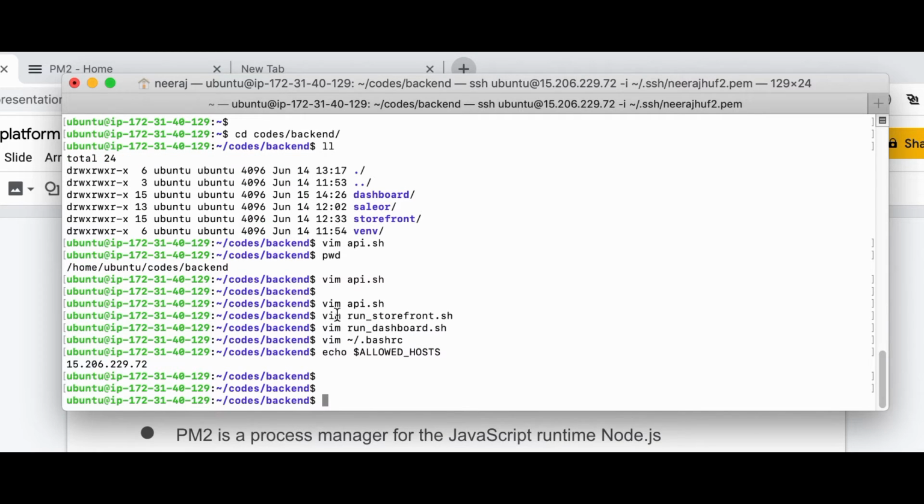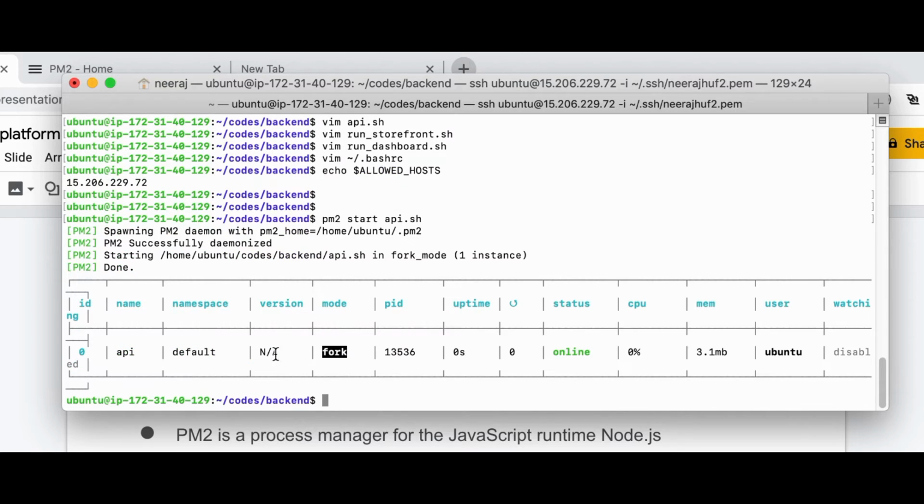So now I have all the three scripts ready. I will simply say pm2 start api.sh. That means it has started successfully running my API server, and this is in fork mode.